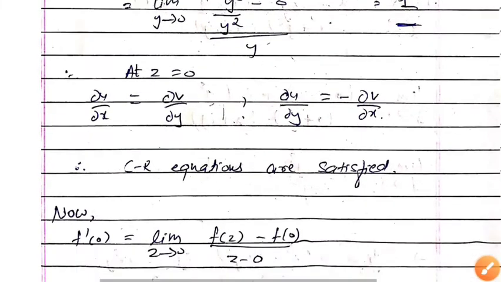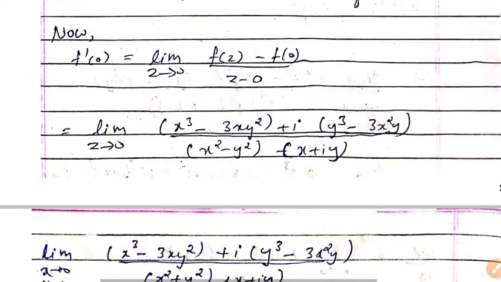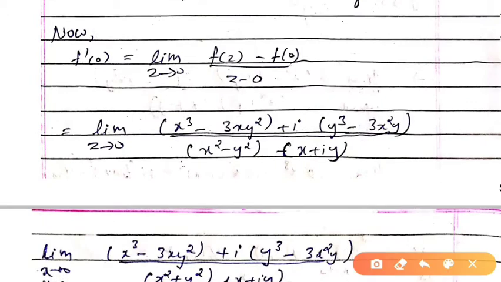Now what you have to prove next? You have to prove that it is not differentiable. Okay, so remember this next formula, f dash 0 equals limit z tends to 0, f of z minus f of 0 upon z minus 0. You have to remember this formula. Now f of z is this whole expression, okay, this is your f of z, and your z is x plus iy, no need to write 0, and f of 0 means if you put both x and y 0, your whole answer will turn out to be 0.